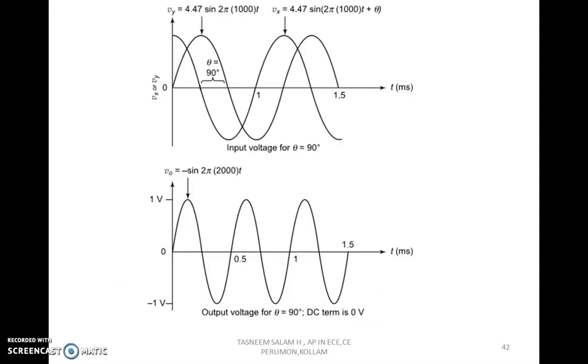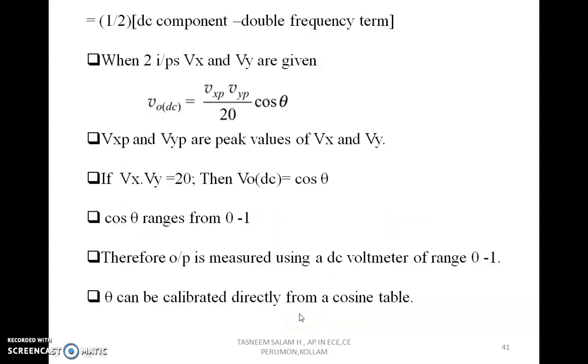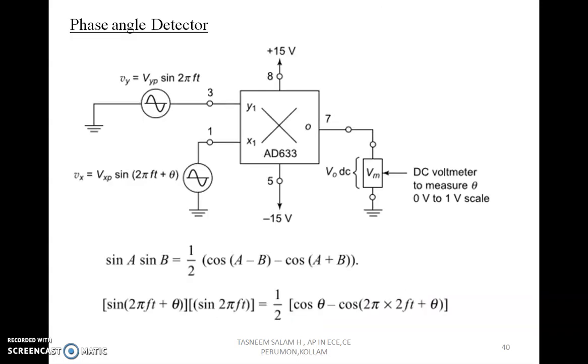And here we have shown an example of two signals with 90-degree phase shift. Therefore 90-degree phase shift means the DC component is 0. So the output is minus sine 2 into 2k t. Here it's 4.47 sine 10k t and 4.47 into sine 2 pi 10k t plus theta. And here we can see there is no DC component and that means theta is equal to 90 degree. So that's all about phase angle detector and